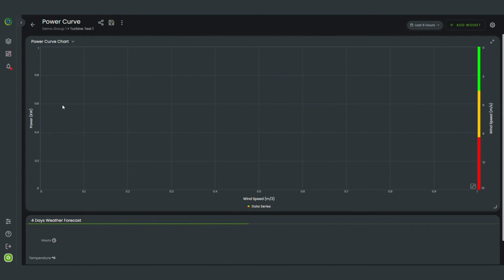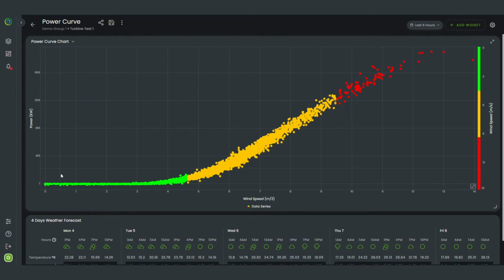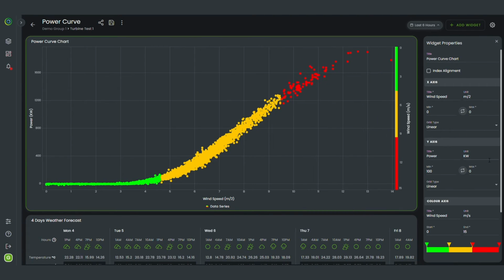So I've loaded up our power curve chart. As you can see, this is the real-time values. We've got this shaded accordingly, so we've got green up to the cut-in speed, yellow for the producing speed, and we've got the cut-out speed here as red, just as an example to show how you can use color gradients here. So I want to go ahead and edit this particular cross plot,